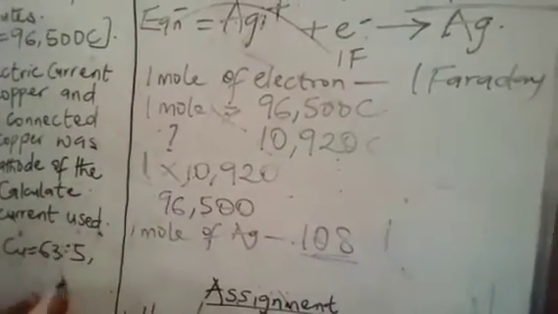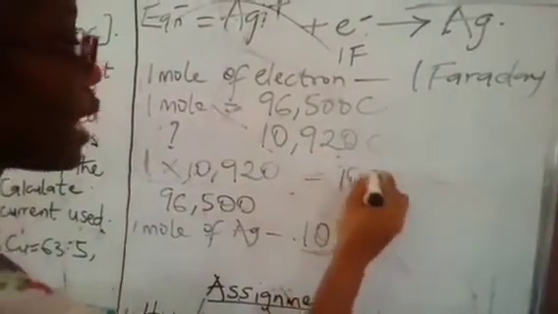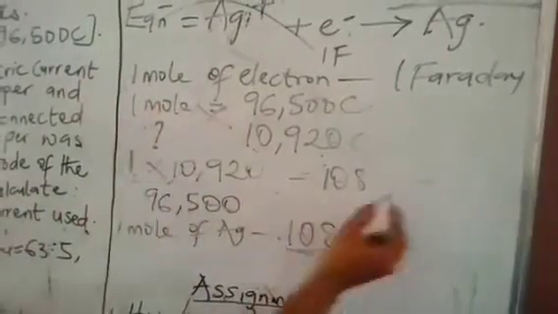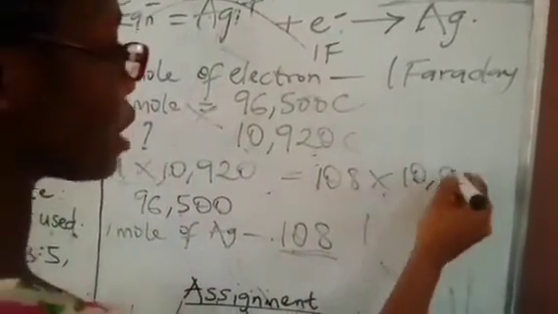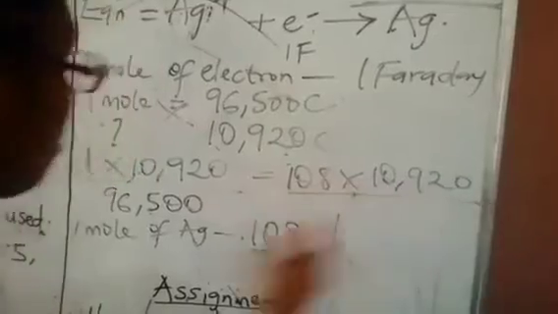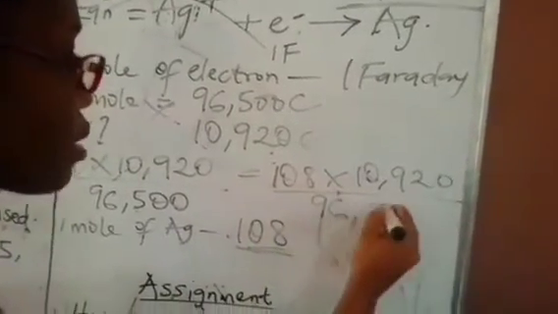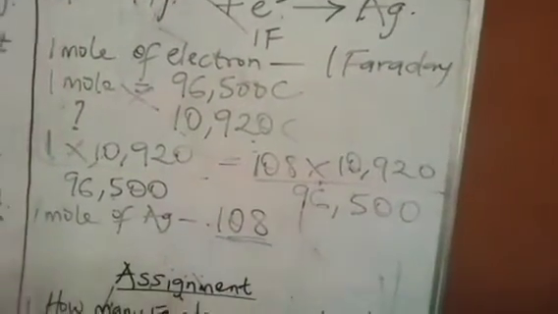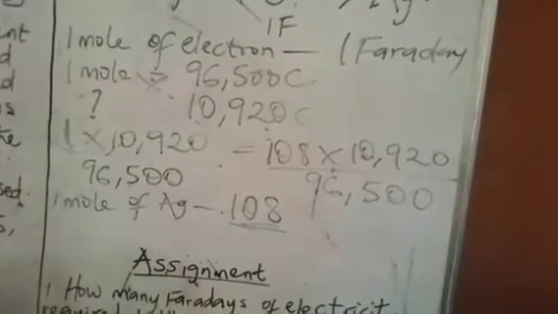So automatically we have a value of 108. Remember we're talking about 1 mole of silver times 10,920 all over 96,500. Now if you solve it very well, you will get a value of